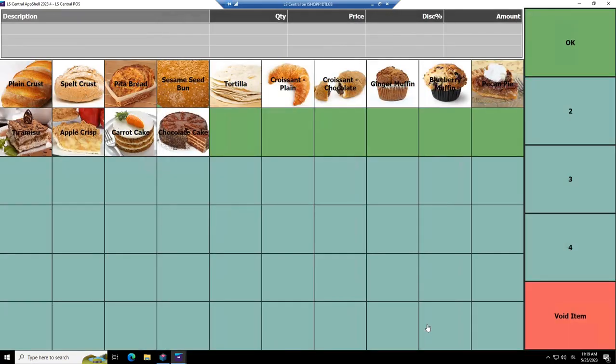And what do we have? We have 60 buttons. And when I showed this to the prospect, they were very happy. They liked it. This is how simple it is to work with the POS and do different changes in the setup. It's all included in LS Central.